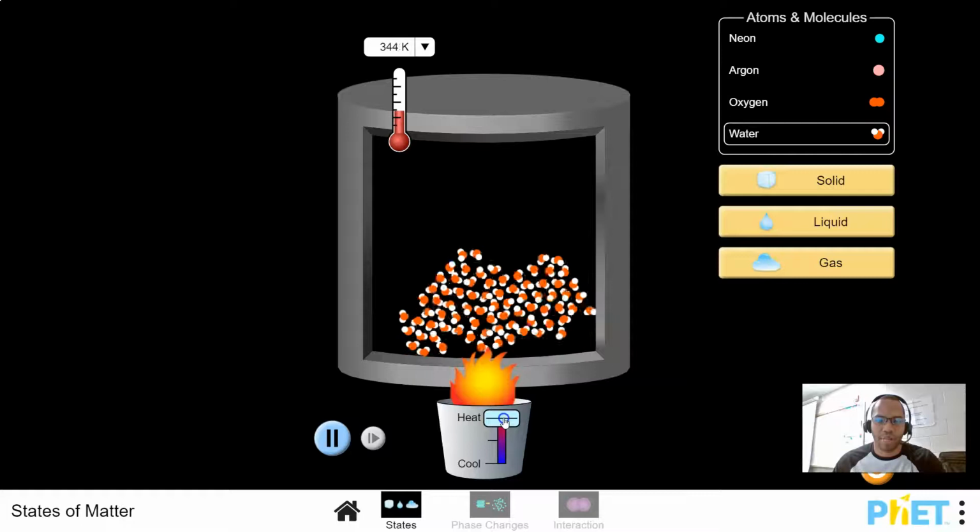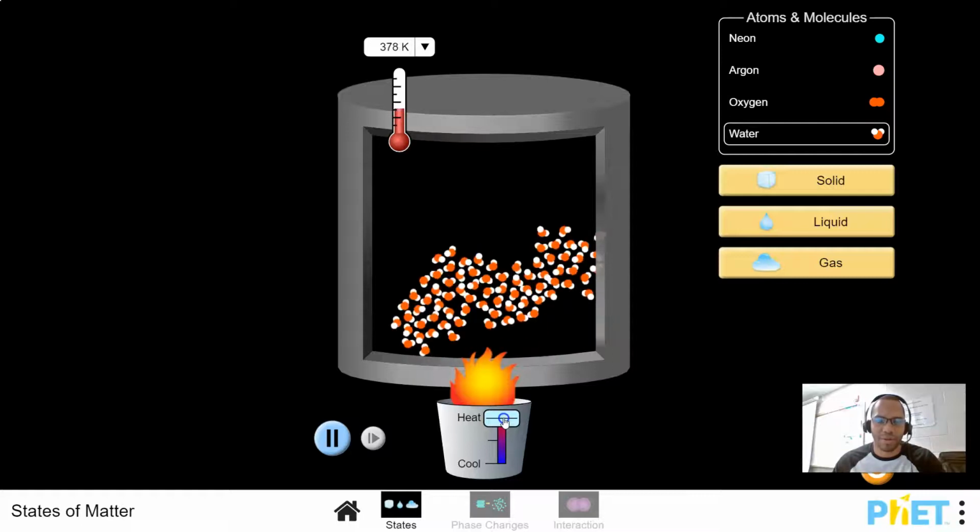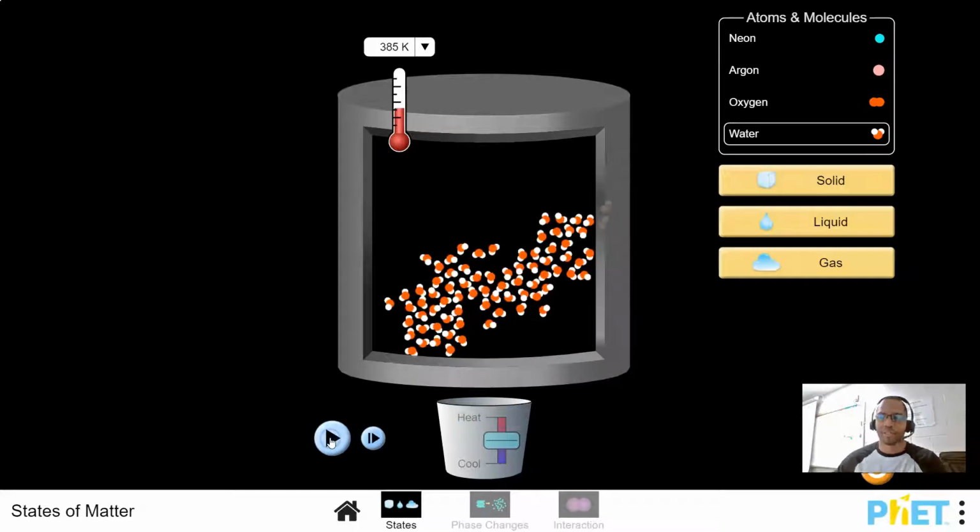Okay, one of the things that should jump out at you is they're actually moving. I'm going to pause this real quick. They're actually moving more quickly, right? So remember, energy can only do 2 things. It could either make things more hot, right? Or increase the heat of substances, or it can cause it to do work. Okay? So when we increase the heat, we're actually increasing the speed at which the things that make up that